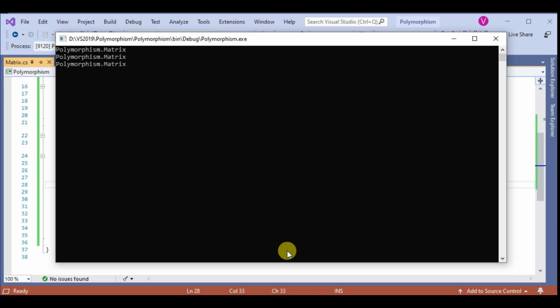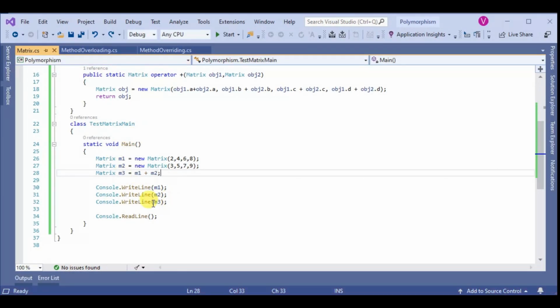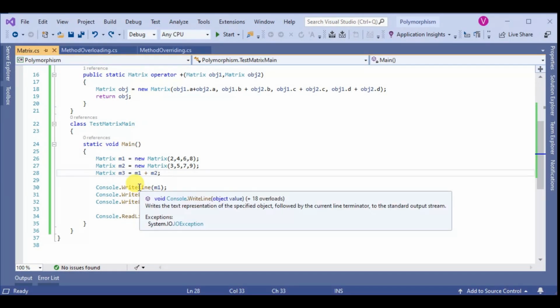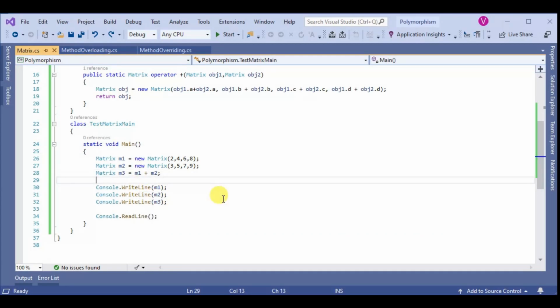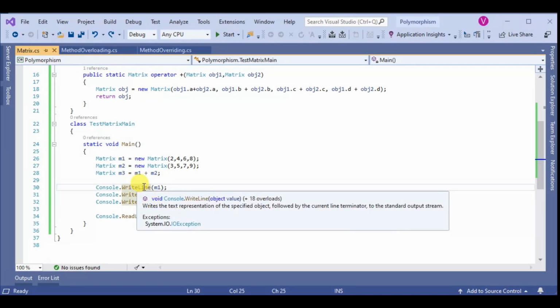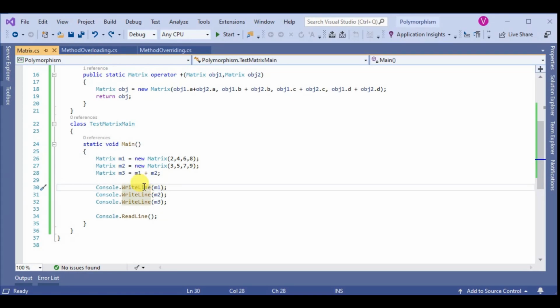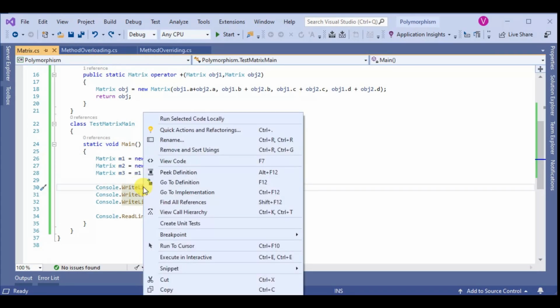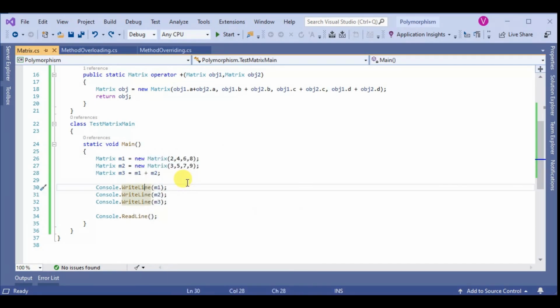The output is there: Polymorphism.Matrix, Polymorphism.Matrix, Polymorphism.Matrix. Instead of the matrix, the output is the class name. Why? Because of the WriteLine method. Go to definition.